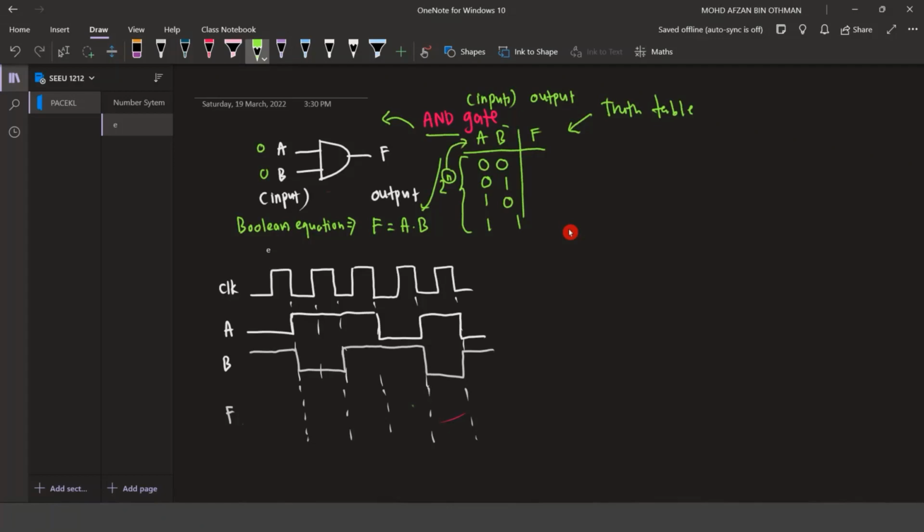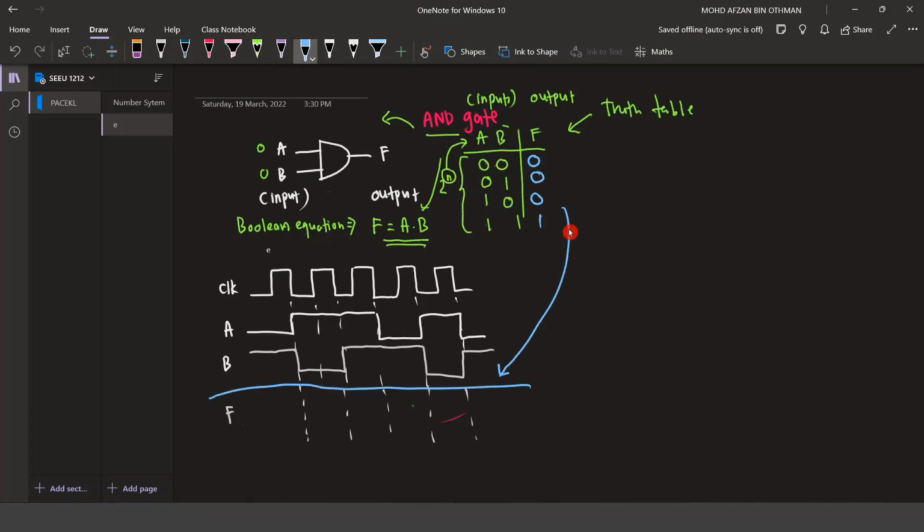Okay, di mana sekarang ni input kita ada berapa? Ada 2. Okay, 2 kuasa 2, so total combination of logic input ada 4. Okay, so that's why kamu ada 00, 01, 10, 11. And from this Boolean equation, kamu tahu bila kosong and with kosong, output dia akan produce kosong. 01, 0, 10, 0, 1, 1. Okay, so from here, barulah kita boleh lukiskan kita punya